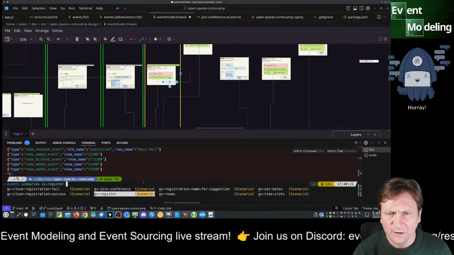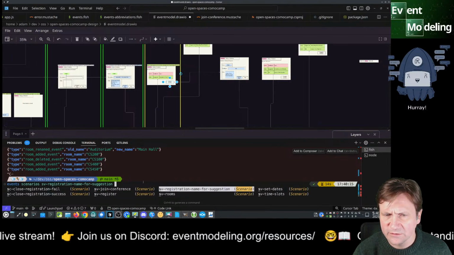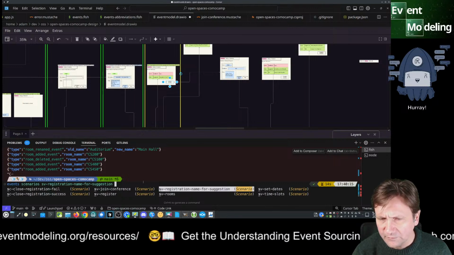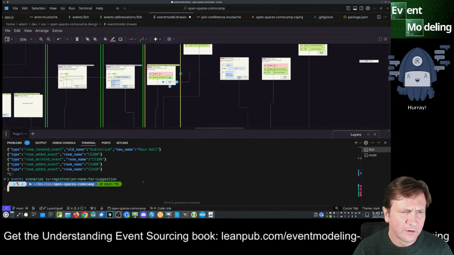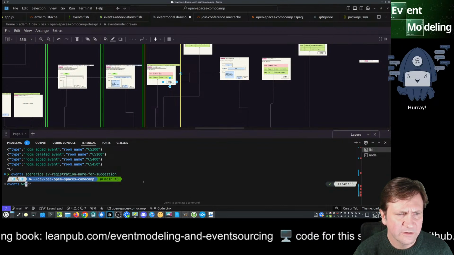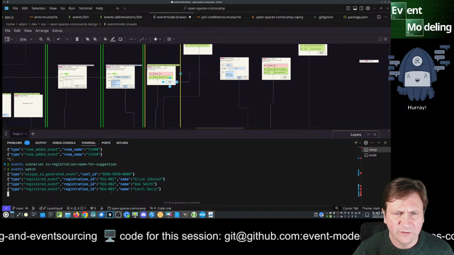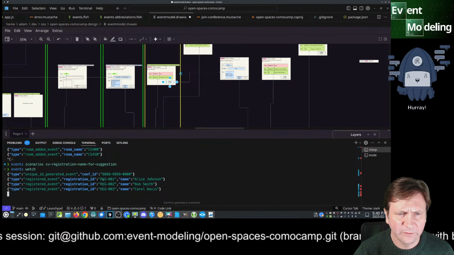Register, set dates, register, yeah. I think this one might have the proper events. Events watch will tell us what events we have in there. There we have registered events, so we have these three people here. So if I do a reg1